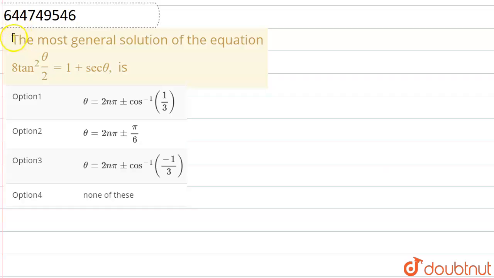Hello everyone. So here is a question. The most general solution of the equation 8 tan square theta by 2 equal to 1 plus secant theta is. So first of all I will write the equation which is given in the question, that is 8 tan square theta by 2 equal to 1 plus